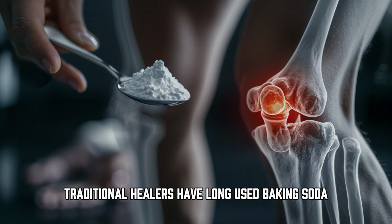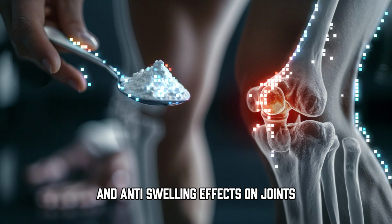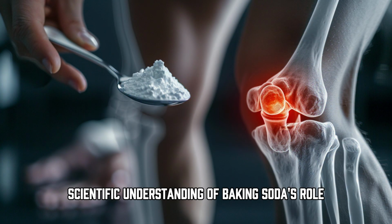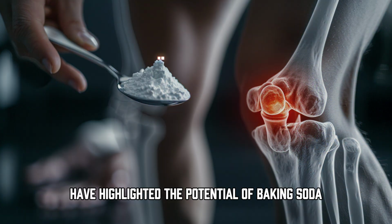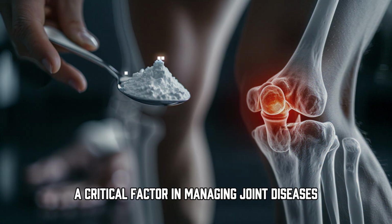Traditional healers have long used baking soda for its pain-relieving and anti-swelling effects on joints. Scientific understanding of baking soda's role: recent studies have highlighted the potential of baking soda in reducing systemic inflammation, a critical factor in managing joint diseases